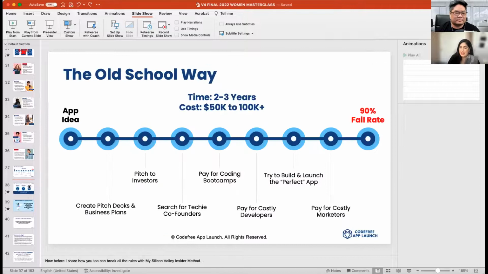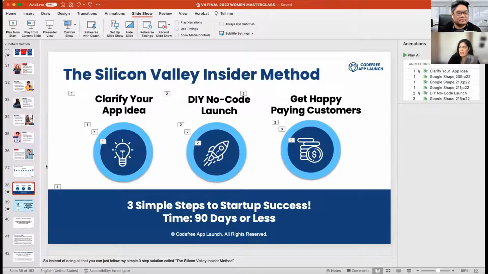So that leads me to my method here, which is the Silicon Valley Insider method, to keep things super simple. The first thing everybody needs to do is to clarify their app idea. And here's another thing that I found whenever I ask somebody about their elevator pitch, which is a mechanism that you can use to explain your app idea, your value proposition, I would say 98% of people cannot even do that. I'm like, if you can't explain your app idea in one or two sentences, that's